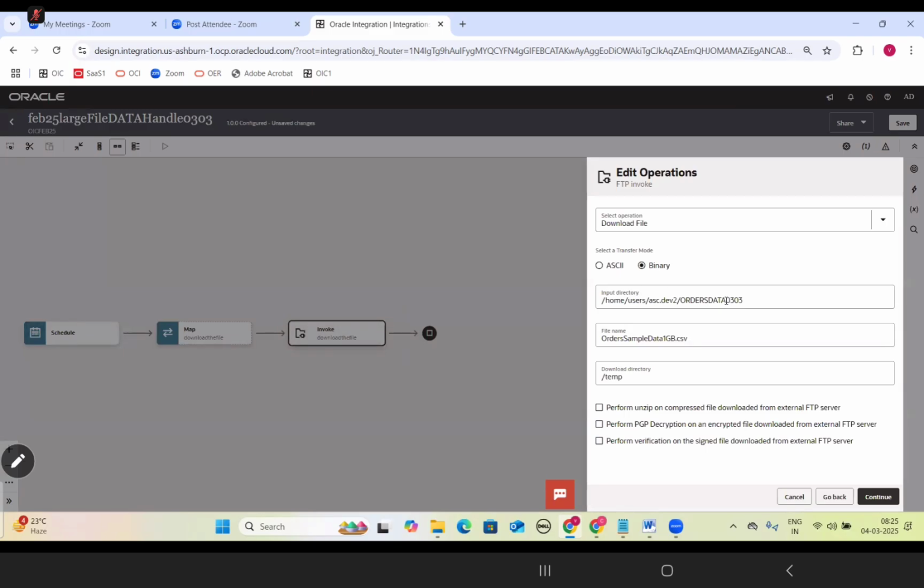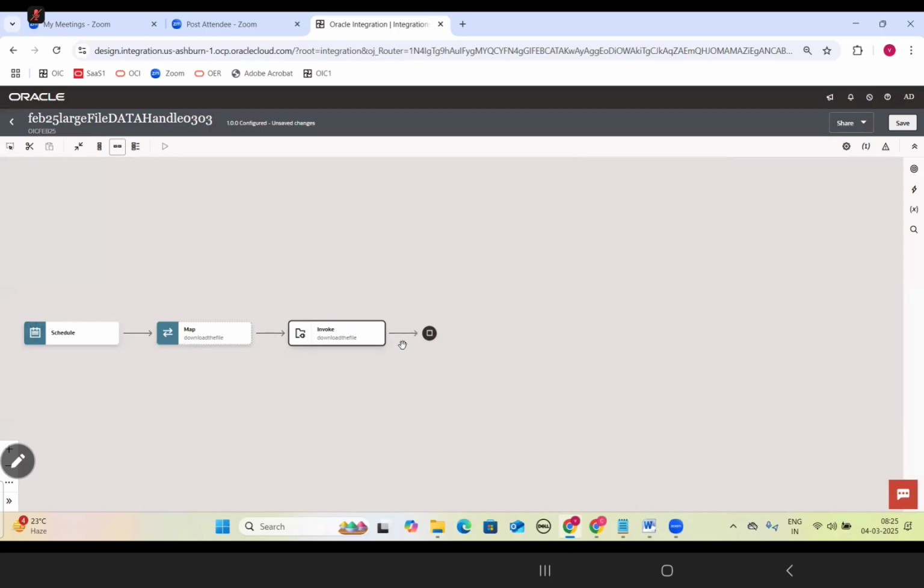In real time, we are going to create one lookup. From the lookup, we are going to map this file directory, and that time this mapper will be useful. Lookup calling and all we'll discuss in the coming examples. Even the file name we will keep in the lookup and map it using the mapper. Since we are not using the lookup approach, we are directly giving the file directory, file name and temporary name.